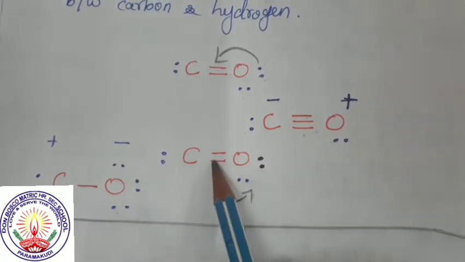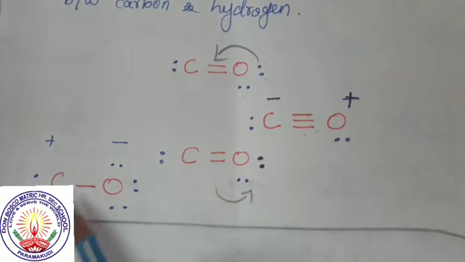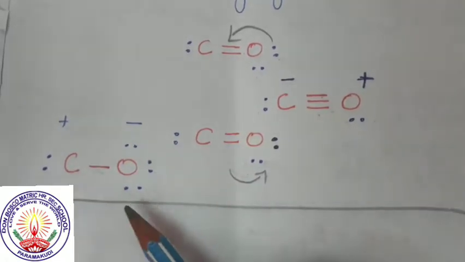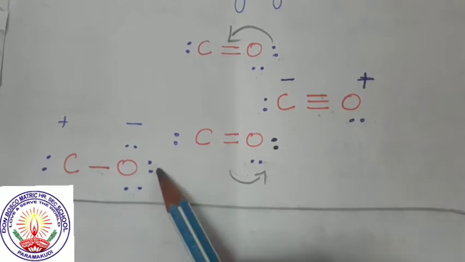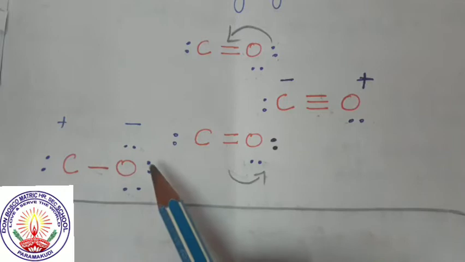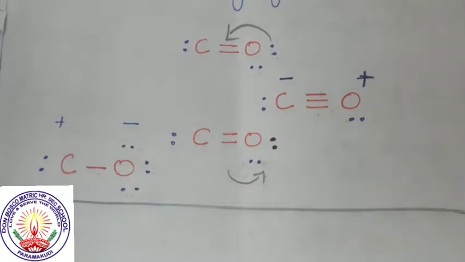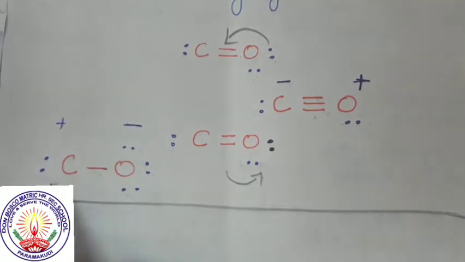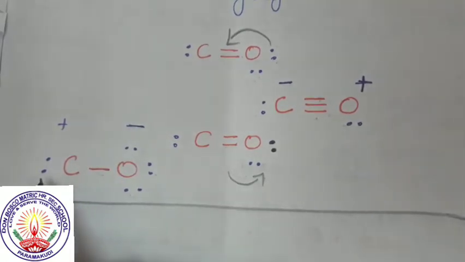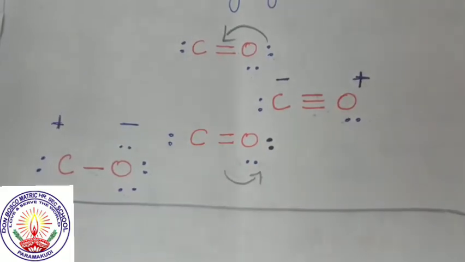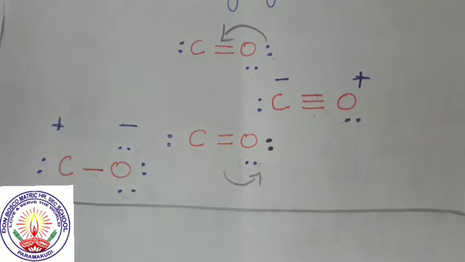So from one bond we got 2 electrons. So a single bond remains. Now we shall count the electrons. 2, 4, 6, 7. It is more than its original electron count, so it bears a negative symbol. And their electrons are 1, 2, 3. They are supposed to have 4. Therefore this bears a plus symbol. Now we shall write the overall reaction.